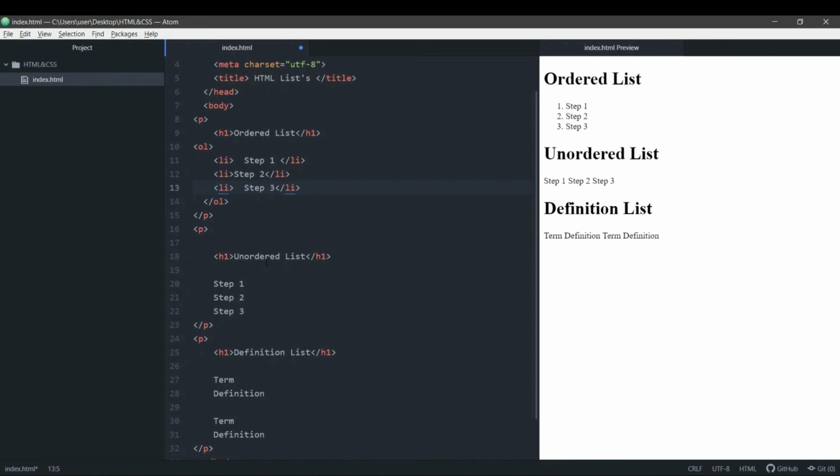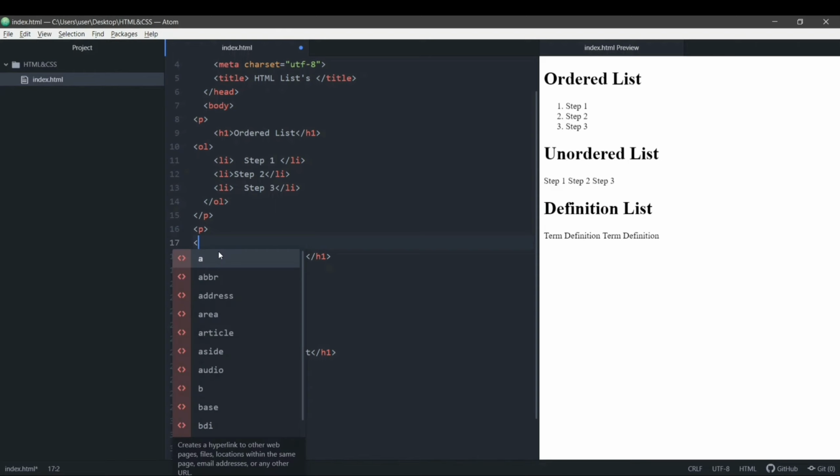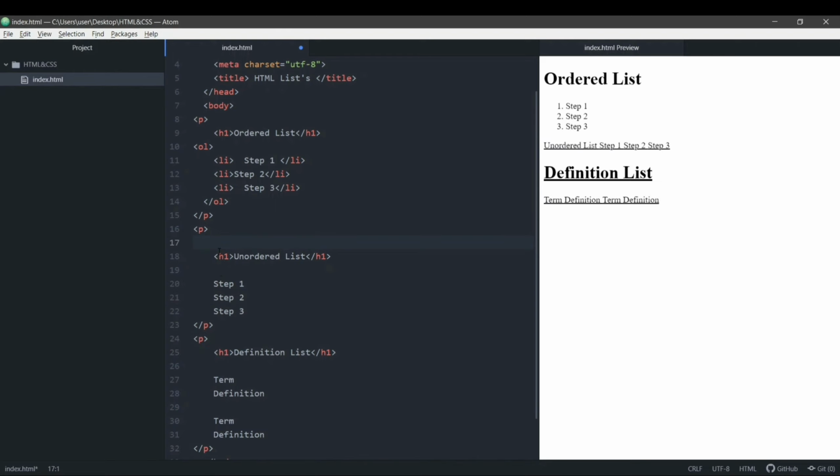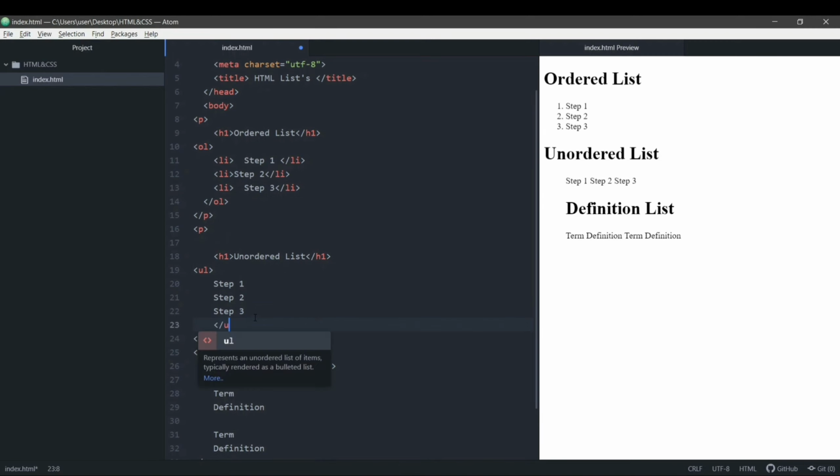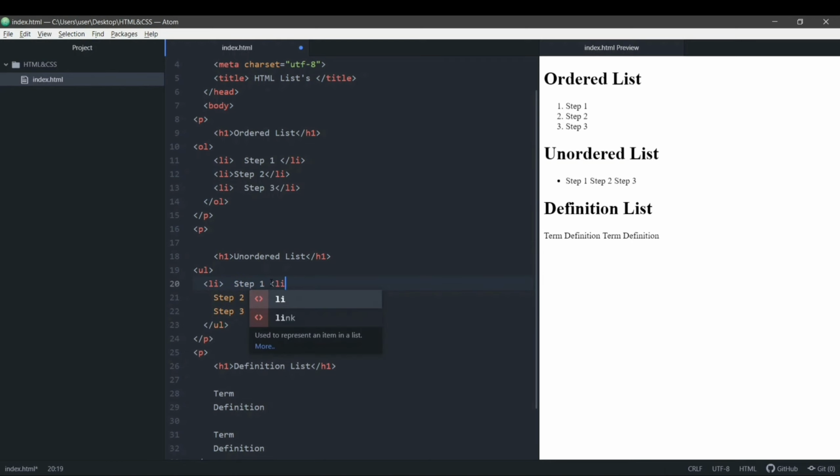Now the next thing we're going to see is the unordered list. For an unordered list we have to add a tag, that is UL. We'll add it here after the heading. We'll add a UL tag, and then before this P tag, we'll close this UL tag. And again here we'll add LI to list items in our list.